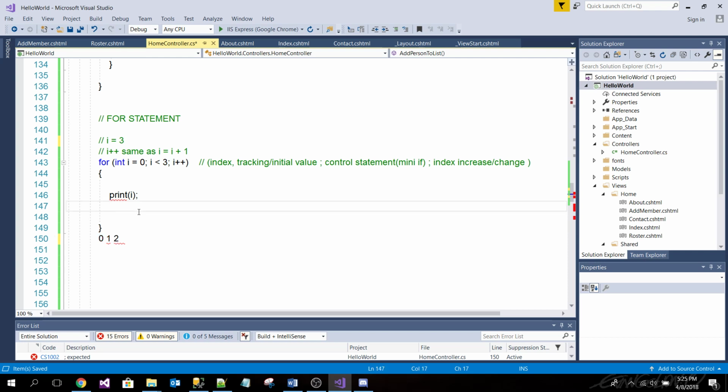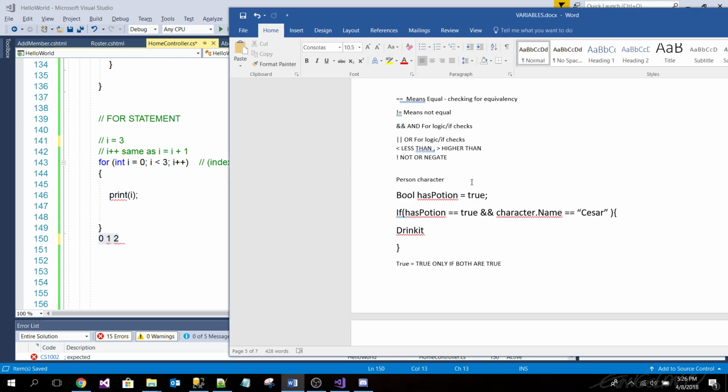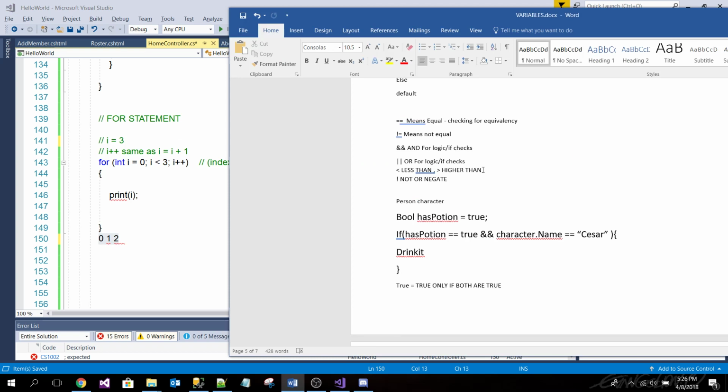So basically, you do this to do something a certain amount of times. And in this case, we did it 3 times. One thing that we forgot that I need to add here is less than. Are you guys familiar with this? You know what this is?